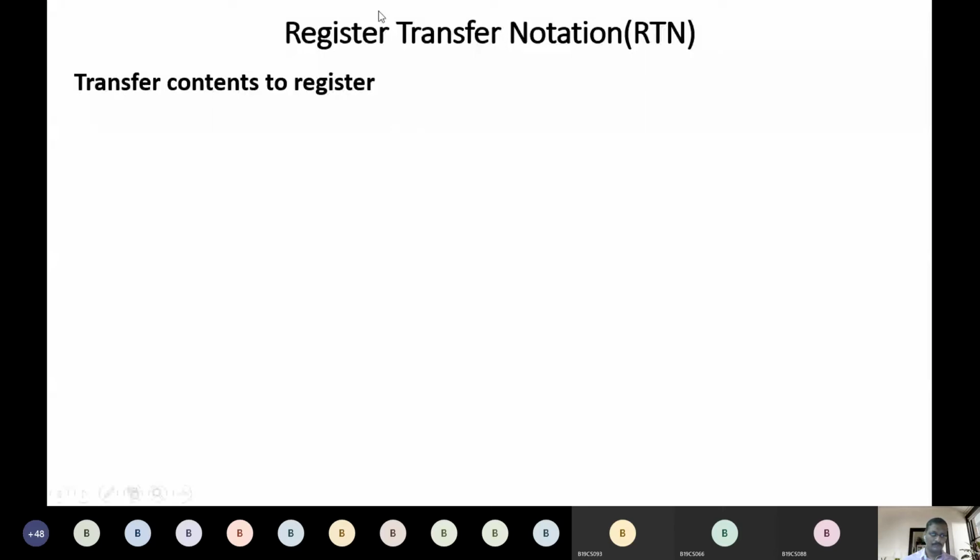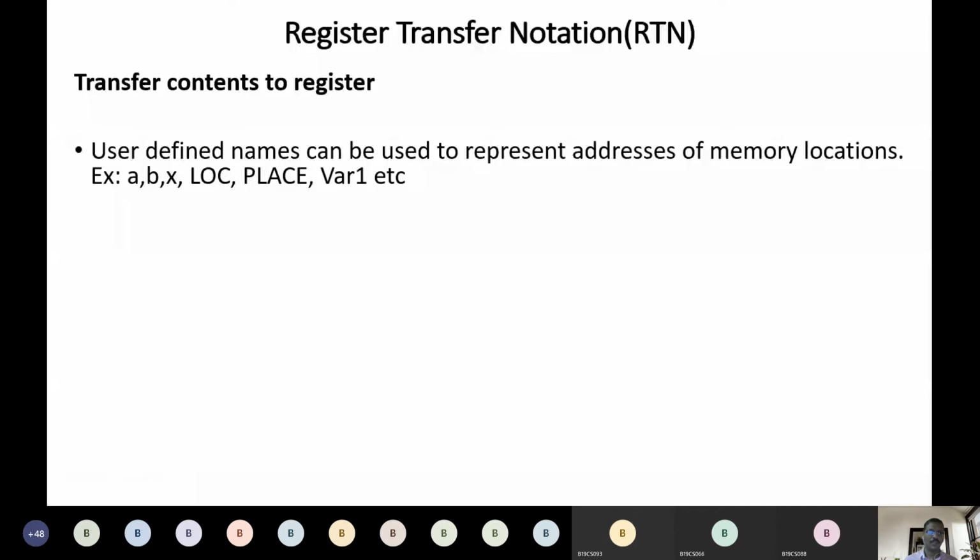So I want you to concentrate because I am repeating from the past 3-4 days the same thing. Data transfers from memory to the register or register to memory. Where are the registers? They are inside the processor. So the topic we are discussing is data transfer from memory to the processor registers or processor registers to memory. Whatever diagrams I showed you are on the same thing. Okay, so what instructions can we use to transfer this?